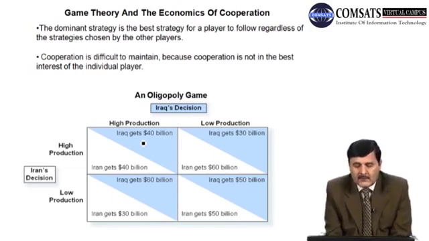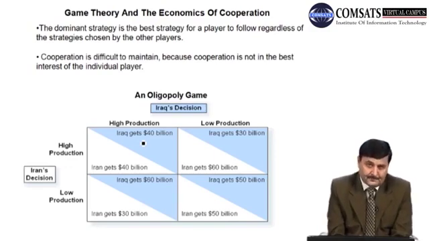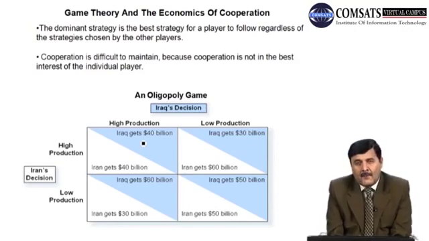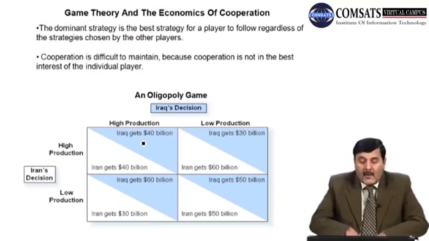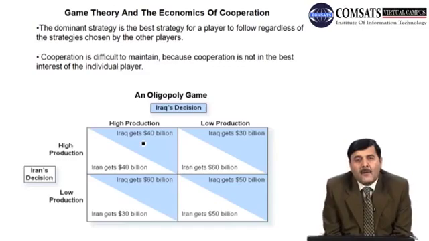Here, if we look at this table, we have two countries. On top we have Iraq. Iraq has to make a decision and has two options: high production of oil and low production of oil. Similarly, on the other side of this table, we have Iran. Iran has to make a decision about the production of oil, whether high production or low production. Now suppose we have four strategies, four possibilities available. If we first talk about Iraq, if Iraq decides to produce high,